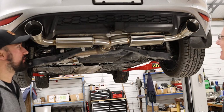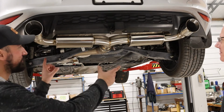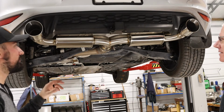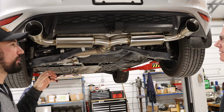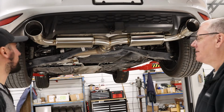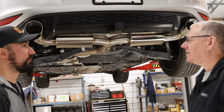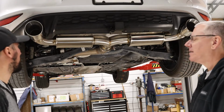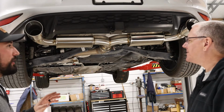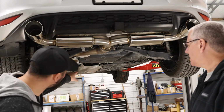and with him being a fan of the aesthetics of the symmetrical dual mufflers, or in this case, they're technically, as you order them, a resonator, but for our purposes and where they're mounted, I'm referring to them as mufflers because the basic build qualities are identical. So this system is essentially just an add-on to the less aggressive. It's covered with his street shield, but